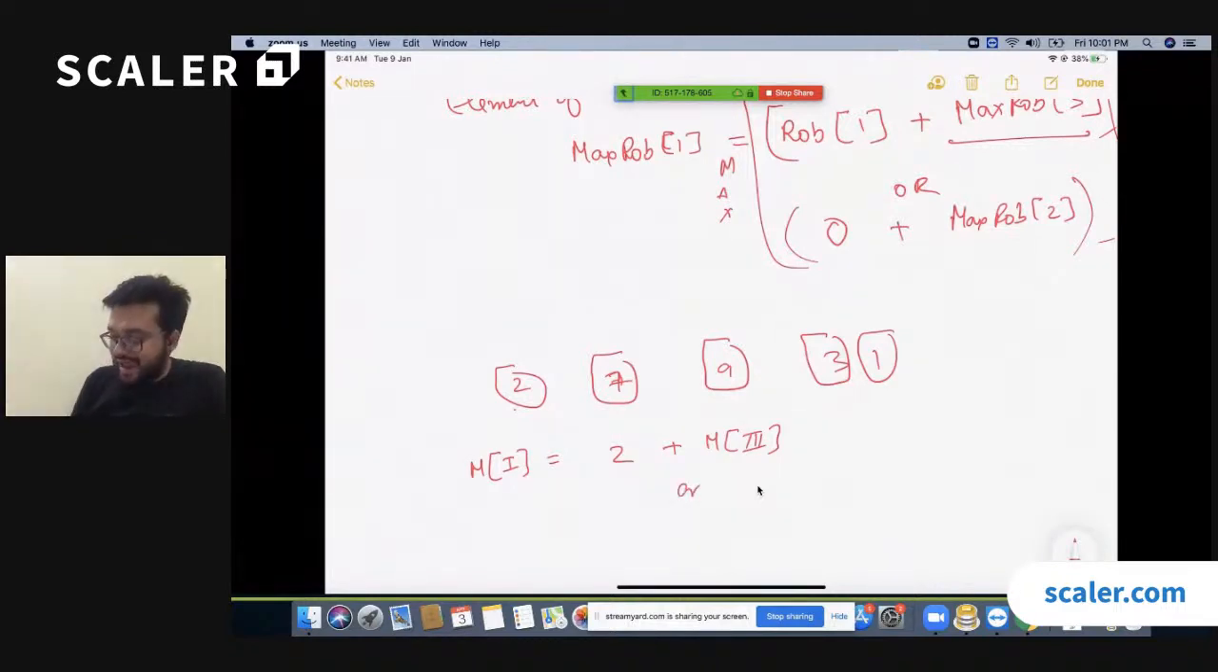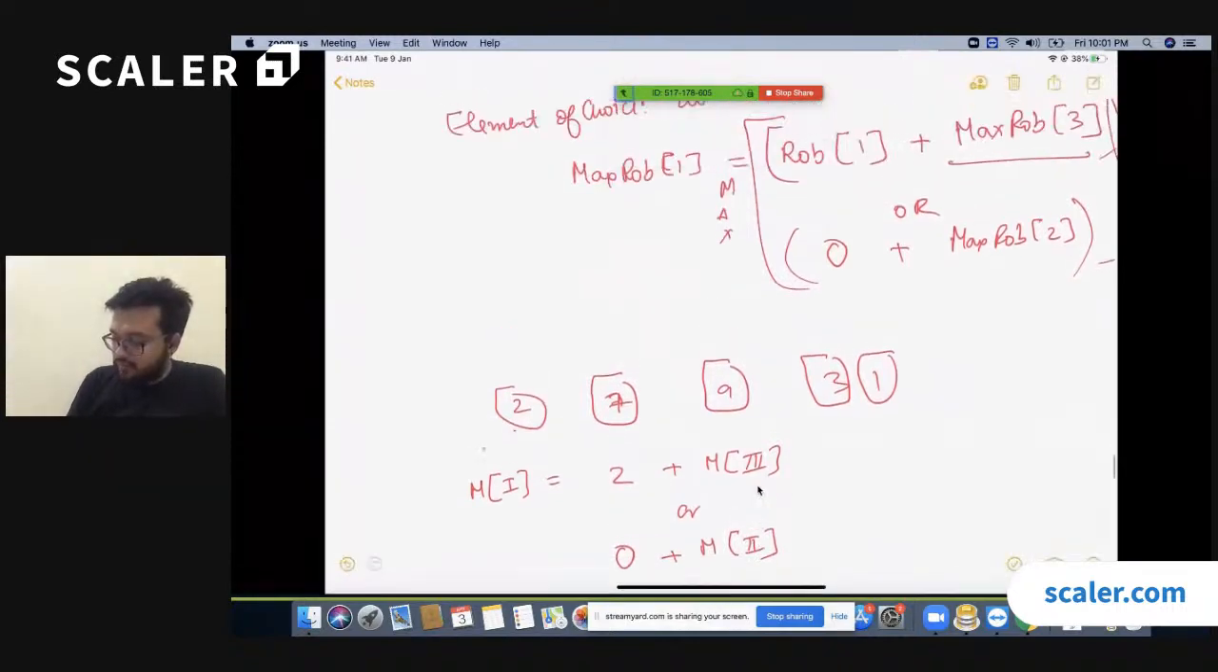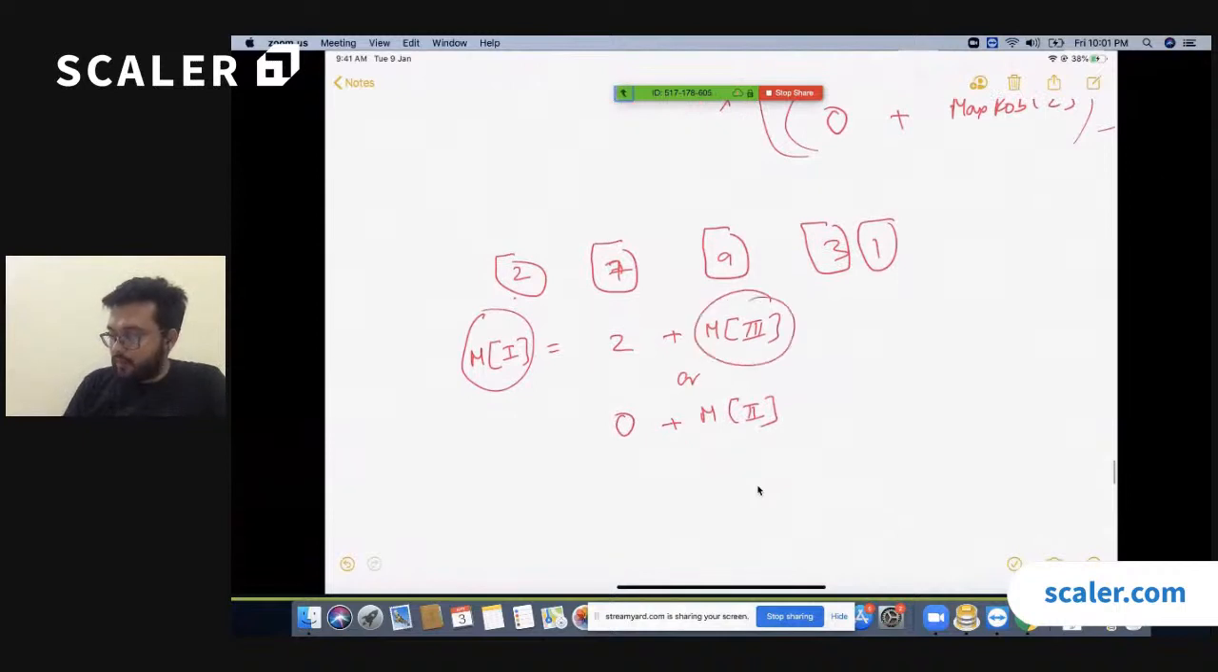The second option that I had was that I can choose not to rob the first house, but I can now try robbing the second house. Does it make sense, everybody? This bigger problem gets reduced to 2 smaller problems. I can now solve this smaller problem M3 in the same way again. I can say either I can rob the third house or not rob it. If I rob the third house, I will get 7 coins. Plus my problem reduces to robbing